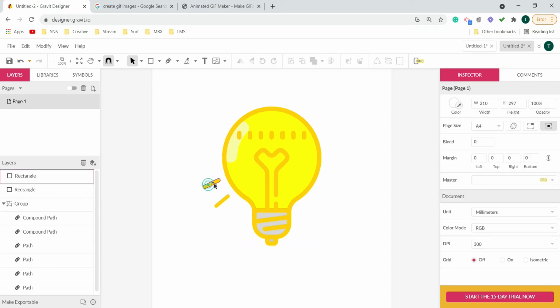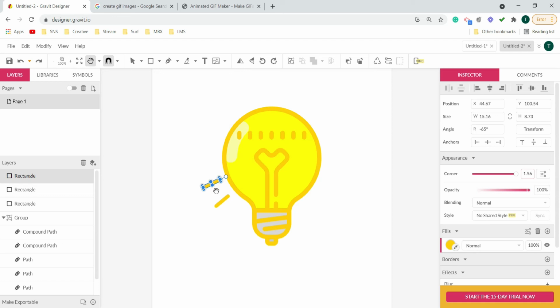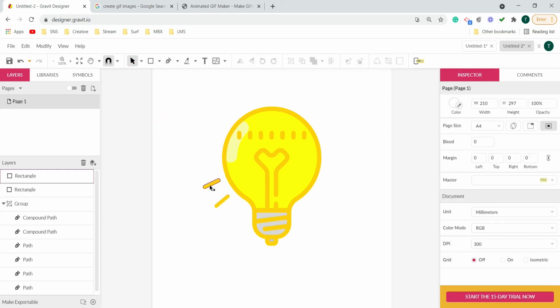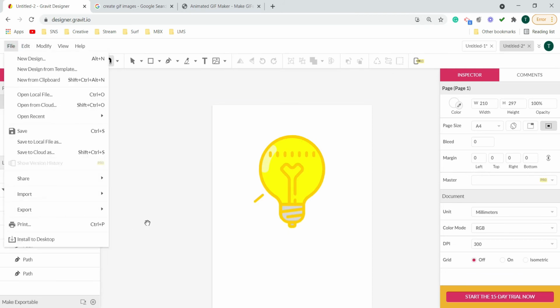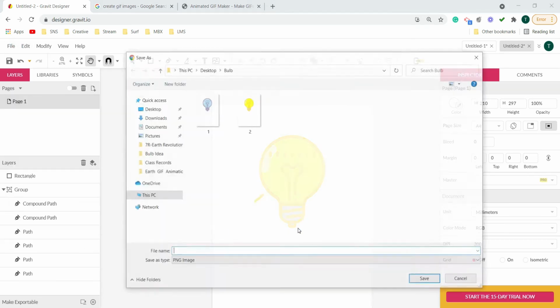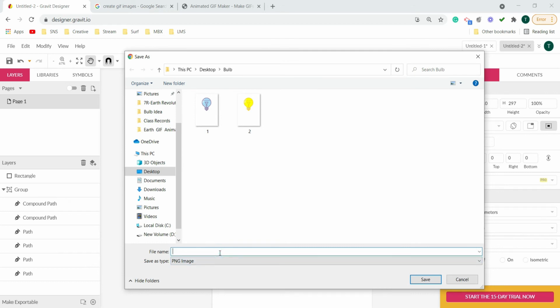Now again copy. Oops, one second, I forgot to do one thing. Let's delete this. Yeah, so when I have given a small change, obviously I should export one image now. So I'll go to the export, PNG, and this time I will give the image number 3.